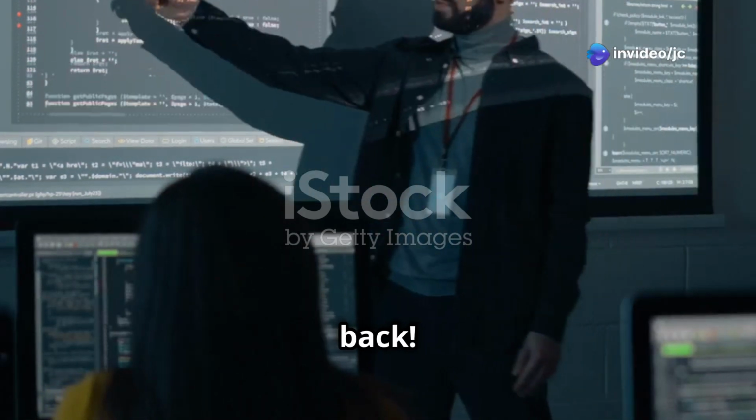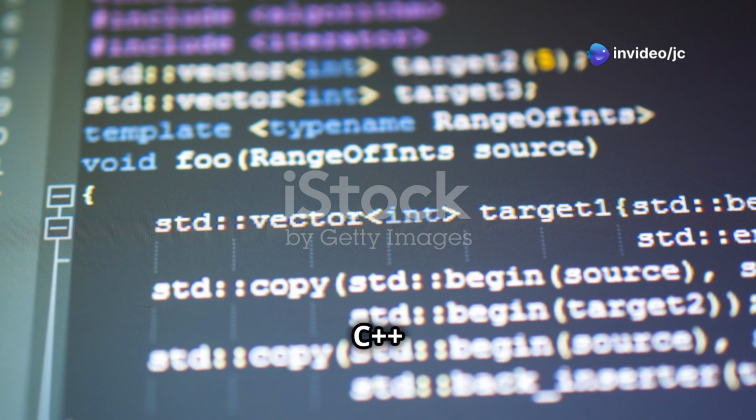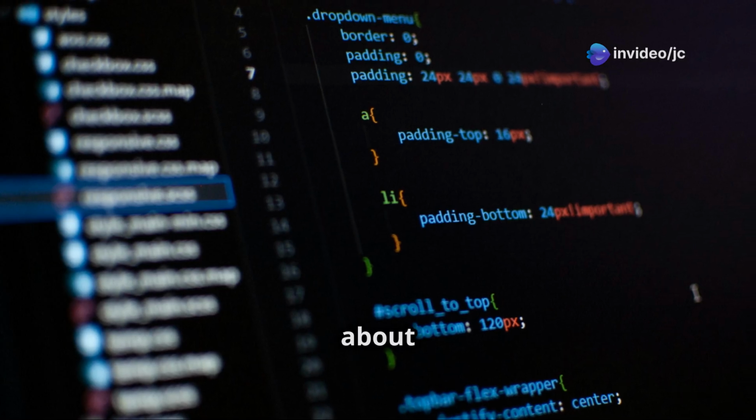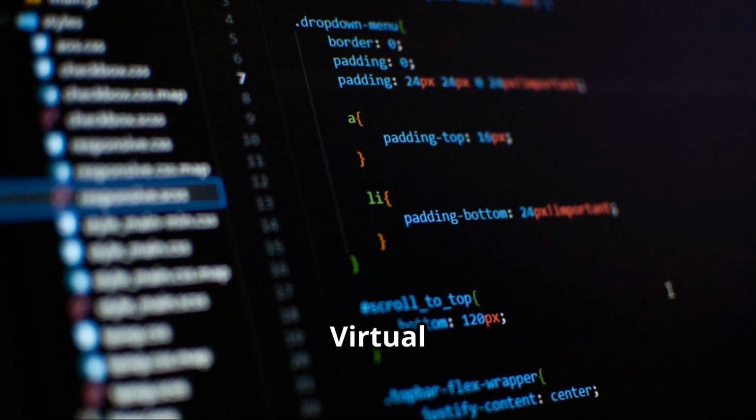Hey, y'all, welcome back. Today we're diving into C++ Chapter 11, and it's all about pointers, classes, virtual functions, and